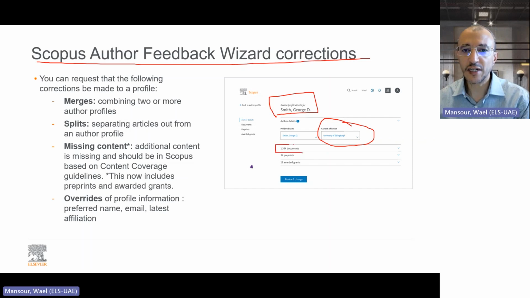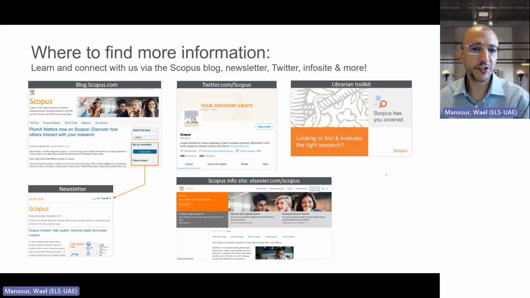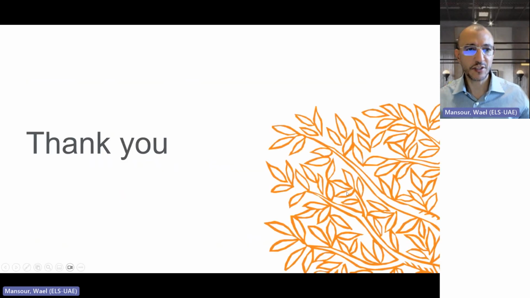You have also the list of documents, so you can remove any one of them. It's not related to you, or you can search for one which is missing. The same thing for preprints and the awarded grants. Here is more information, and I think you will get a copy of that. So there's more links and more information for you. So let me, I'm actually done